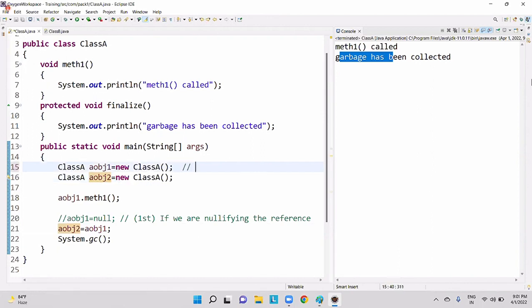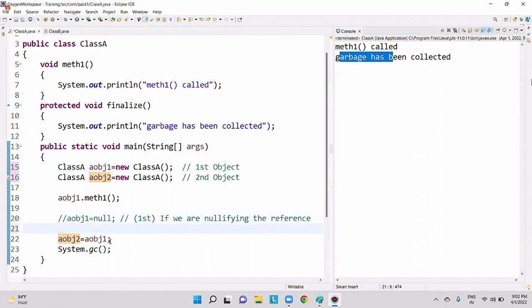This is first object and this is second object, right? Both these references are pointing towards this object only. So that is the only reason for this object there is no reference. Automatically that will be destroyed from the heap memory.